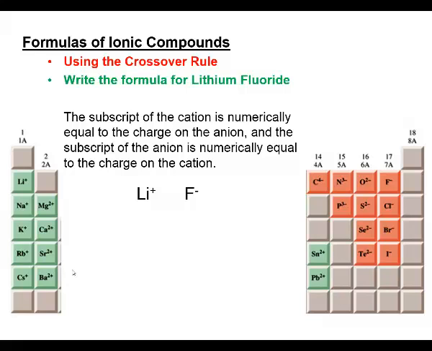And then I look at the lithium cation, it's a +1 charge, so I could put a subscript 1 after the anion, fluoride. Okay, so I've shown that here. Now usually we will not show subscripts of 1. We'll remove them, and if we don't show a 1, it is assumed the subscript is a 1. Okay, so that's where I'm getting my subscripts from, but then I'll simplify that down and just write lithium fluoride